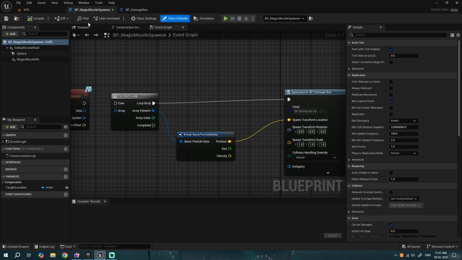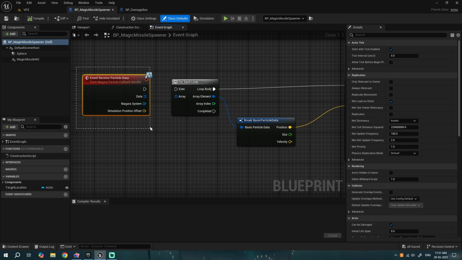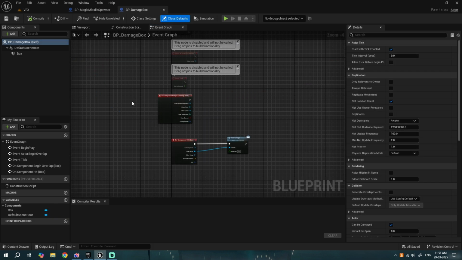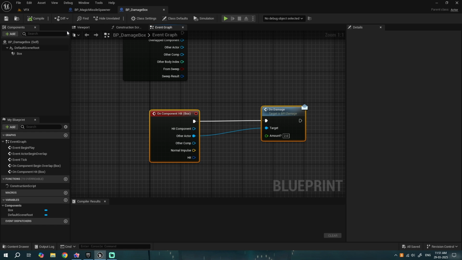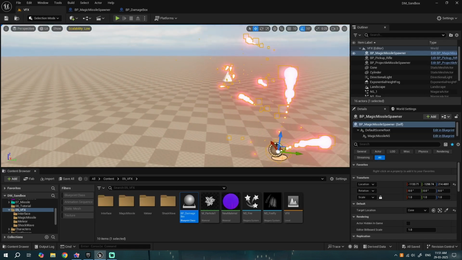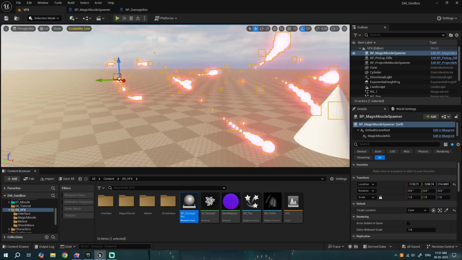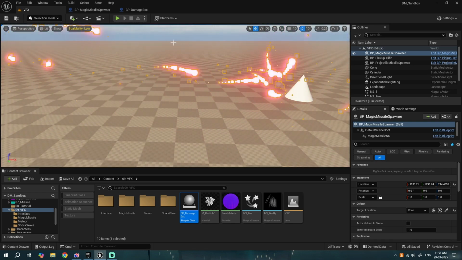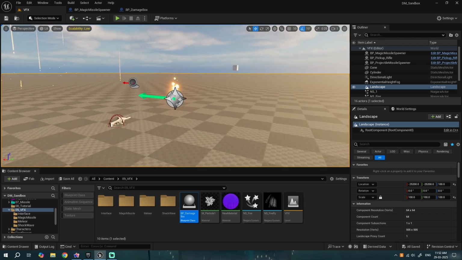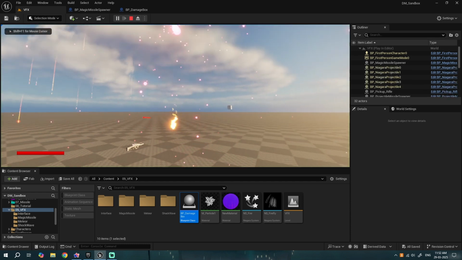So what I was doing previously was, whenever it collides, I spawn this damage box wherever it has connected, and then if my character overlaps, it does damage. I should have used a line trace, but still I don't think that's a good way to do it, because everybody was saying it takes too much calculation. So this is the second version, in which what I did is, if I go back and play again, you could see